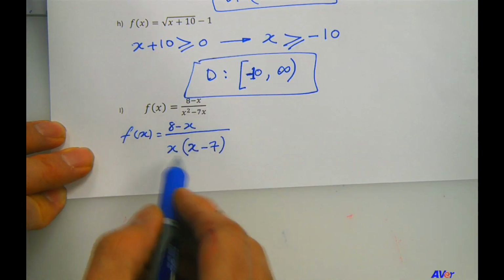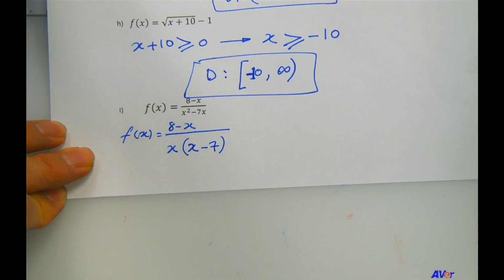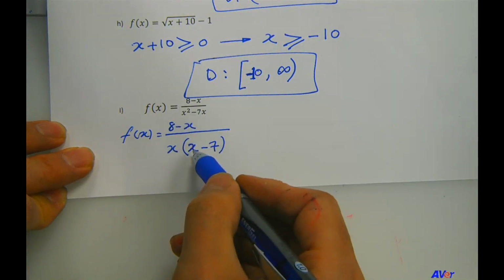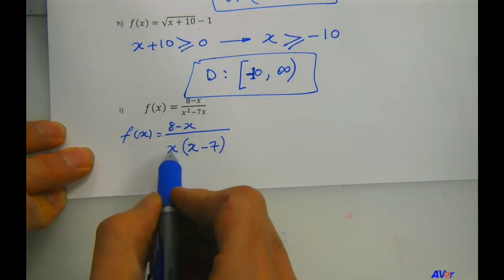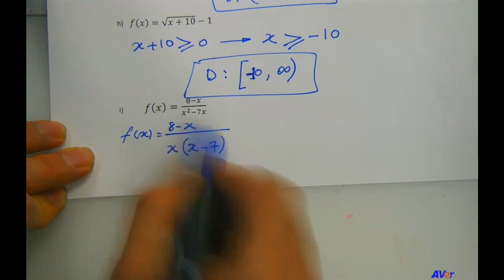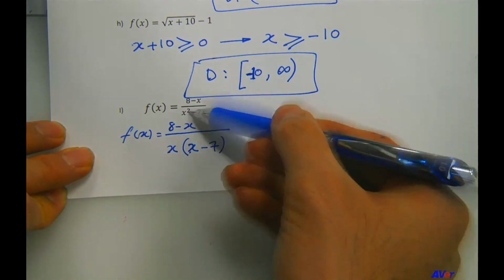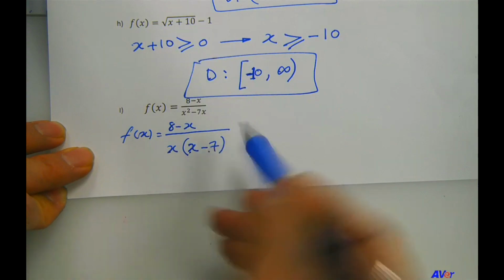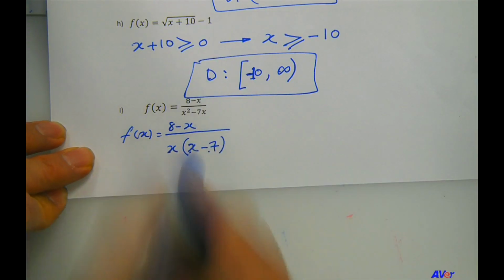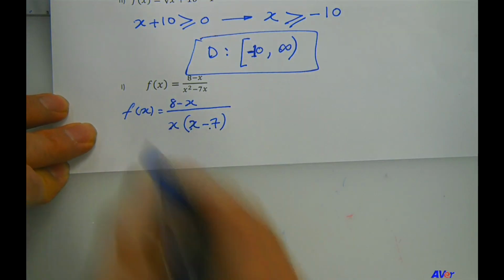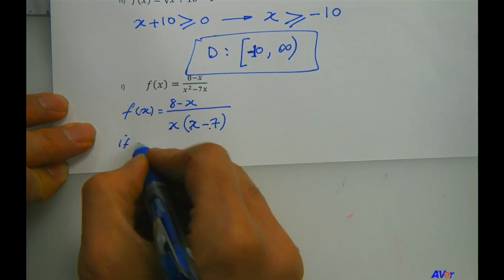When you factor, again, it's the opposite of the distributive property. So how do you know you factored something properly or accurately? Simply distribute the x into the terms to see if you get that back. So x times x, x squared. x times minus 7, minus 7x. So we got it. This is the correct factorization. So now that you have the denominator figured out in factored form, it's really easy to see what makes it equal to 0. So if x equals 0,